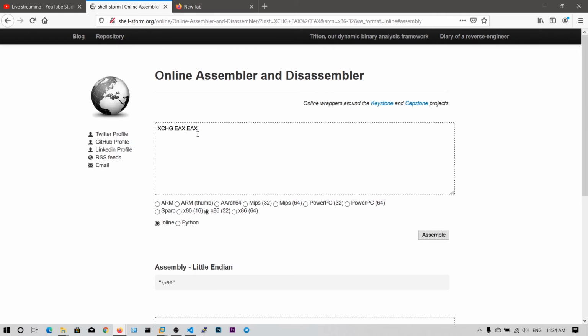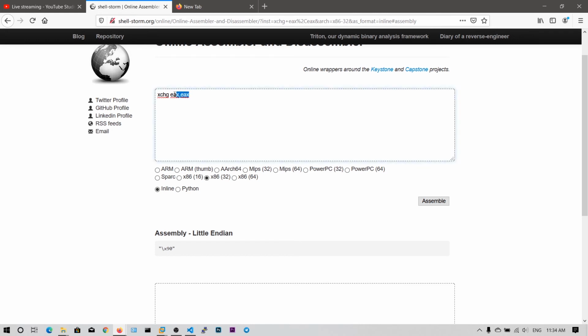Okay, let me write it in small. So there you go, guys. If we write XCHG EBX comma EBX, we get this opcode.